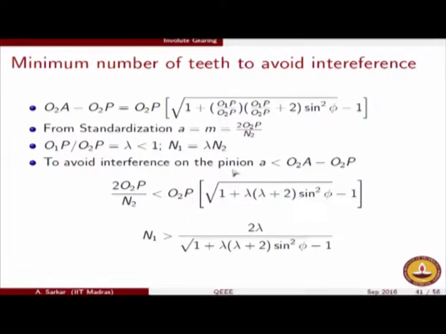So interference, as we have seen, is the phenomenon which happens between two meshing involute gears. If the number of teeth happens to be lesser than this critical number which you are seeing in your slide, then there is a chance that the conjugate action is not happening, and it is not an involute to involute engagement, and therefore the engagement is not perfect in terms of mechanical transmission.